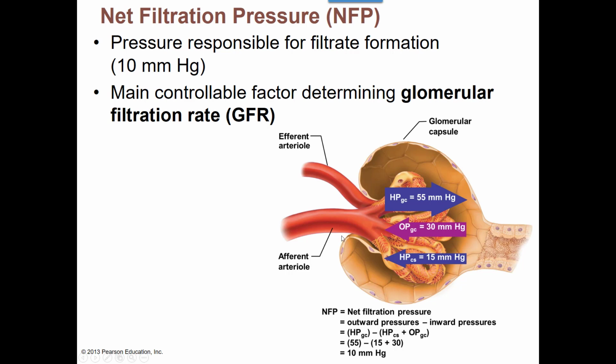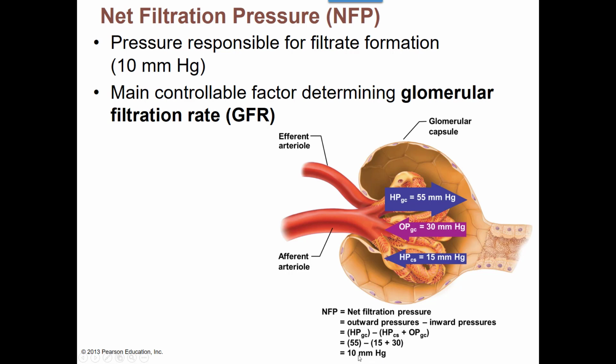The two things that are opposing that are the fact that you already have fluid in this space, and the fact that you have the pull of the proteins and water with it opposing the making of it. As long as your 55 is greater than these two opposing, which it is, at 10, you're going to make urine. Now, your glomerular filtration rate is mostly controlled by that pressure of around 10, but